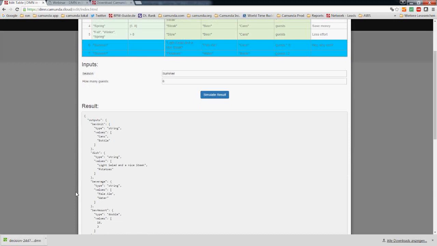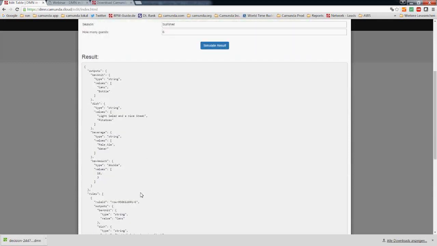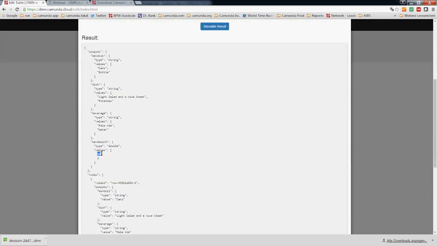And now, what we get back is, we're going to serve our food. We're going to serve cans and bottles of pale ale and water. And we're going to serve 18, obviously, cans of pale ale and 3 bottles of water, okay? Now it's of course interesting. We want to consume this in our application, and now it becomes apparent why beside this outputs